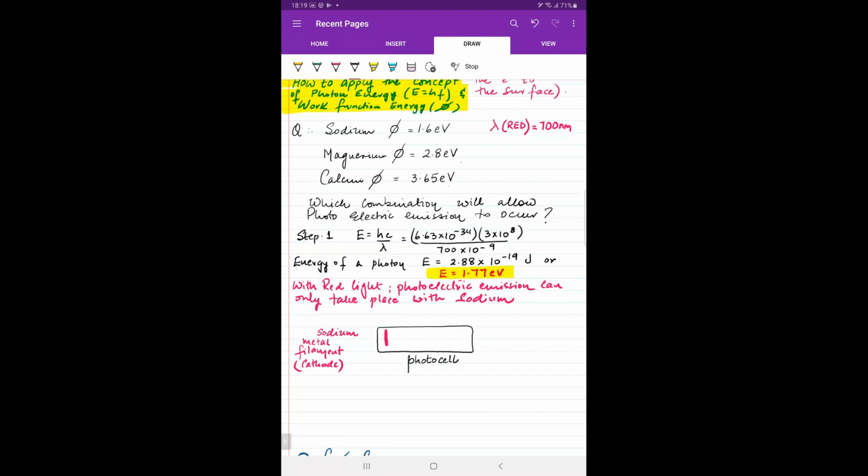The reason why it is referred to as a cathode is because कि हम इसको बैटरी के नेगेटिव टर्मिनल के साथ कनेक्ट करते हैं, hence we call it as a cathode. तो ये आपके मैन्युफैक्चरर ने मेटल को एक साइड पे लगा के रखा हुआ होता है। इस मेटल पर आप अपनी लाइट को एक्सपोज करोगे। ठीक है, सो द सो कॉल्ड रेड लाइट आप इस मेटल पे स्ट्राइक करोगे।